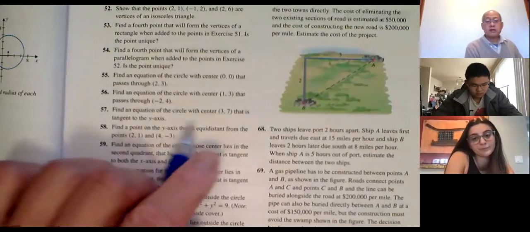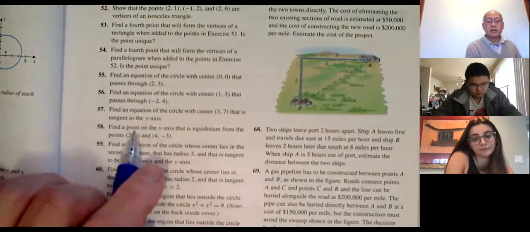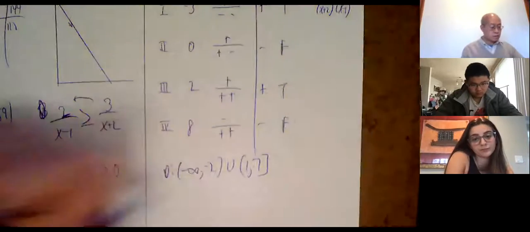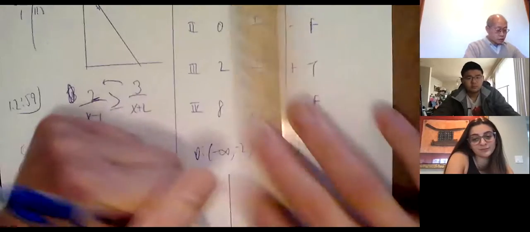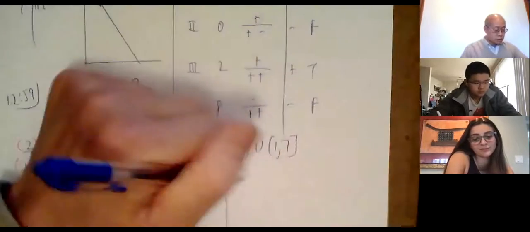1.357, I think I can do that quickly enough. 1.3, find the equation of the circle with a center (3, 7), tangent to the y-axis. Okay. In the interest of time, I'll just go quickly here. So here's a point